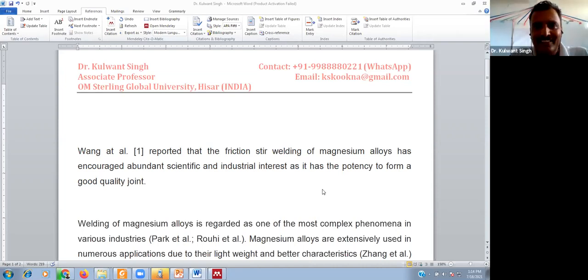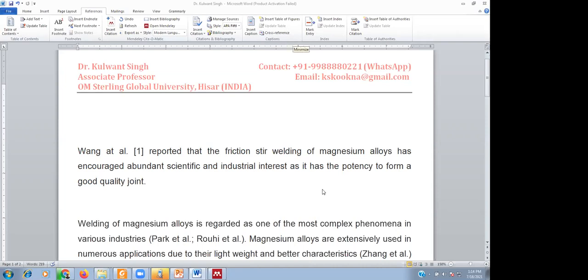Sure, definitely. No issue. We have sufficient time. Yes, I said that I added an article multiple times, and one of the articles overrode the rest of the articles in my Mendeley library. The article which I added multiple times was different, and the one which overrode the rest was added only once. It was checked by some other person in his Mendeley library and was working well, but on my laptop it was again showing the same problem, the override in the library. So if it happens in future, what should we do?